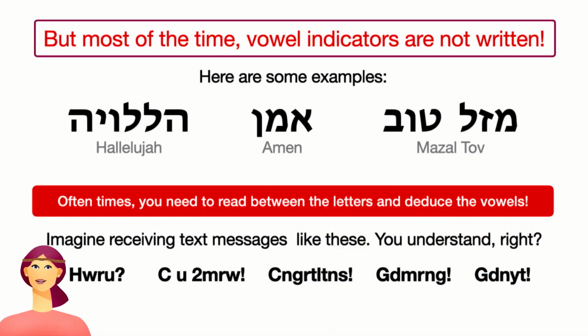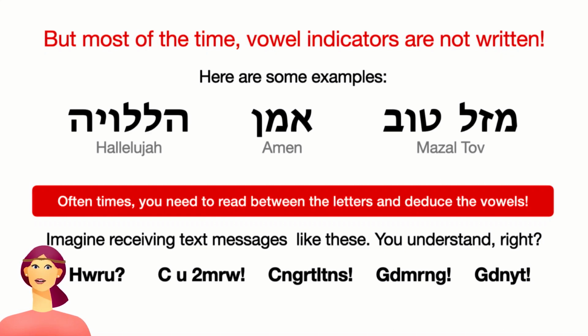But most of the time, vowel signs are not written. So oftentimes, you need to read between the letters and deduce the pronunciation based on the context of the sentence. It's like reading text messages without the vowels. You will be able to deduce what the word is, and how to pronounce it if you know the context